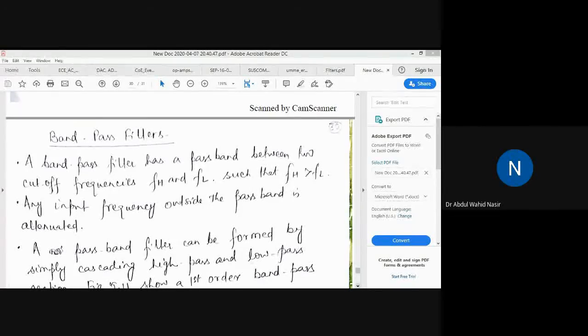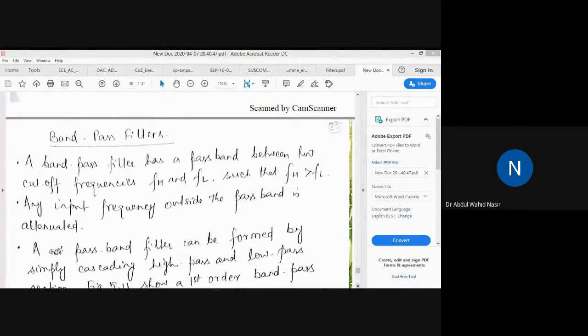So if you want to have, for example, 500 hertz, for that 500 hertz you have to choose a particular value of R and C. For example, we choose C as 0.01 microfarad. Then you can find the resistance for 500 hertz. So how can you find the resistance? R is equal to 1 by 2 pi FC. Now for F, instead of putting 1K, you put 500. Then you will get some value of R. Take that R. That R will be determining the cutoff frequency.